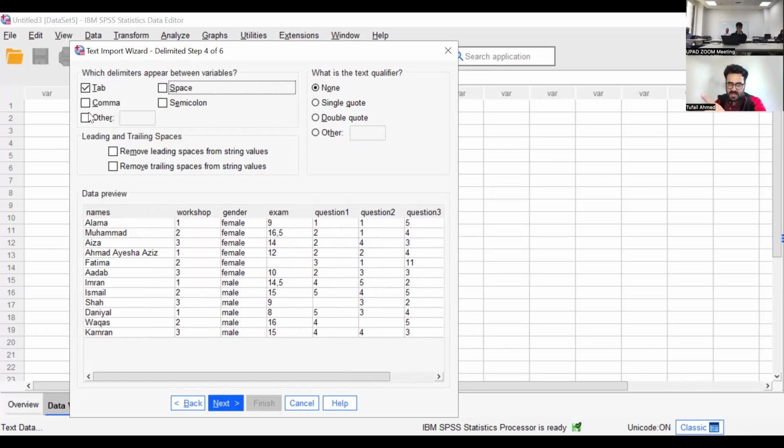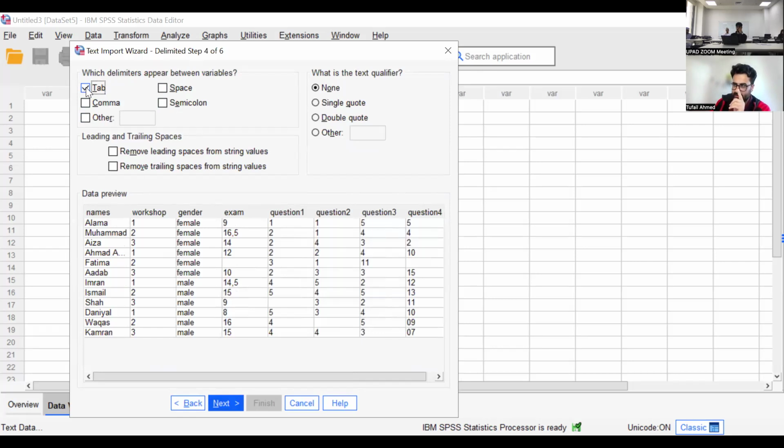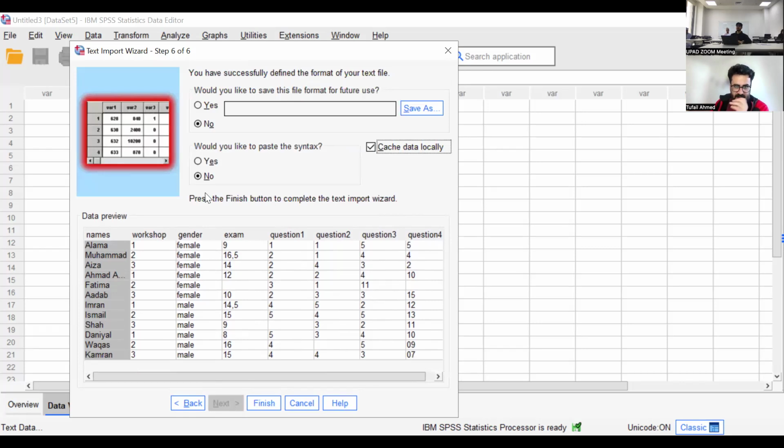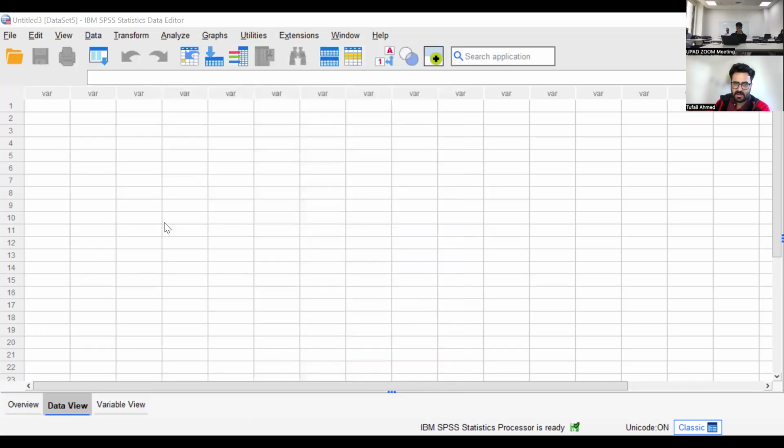We have used tab as a separator. So I will click tab only. If you have used space, then you can use space. But here we haven't used space, only between the names, for example. So I will not click space. I will say next. I'm giving the same names. I will click next. I'm not going to paste syntax. I will say no. I will finish and I will have my data imported.